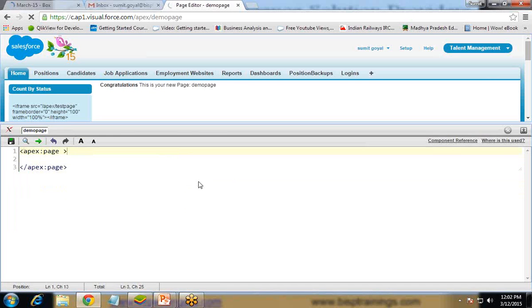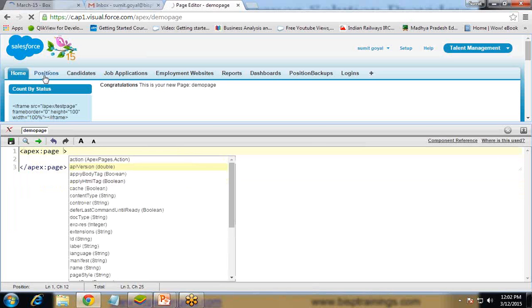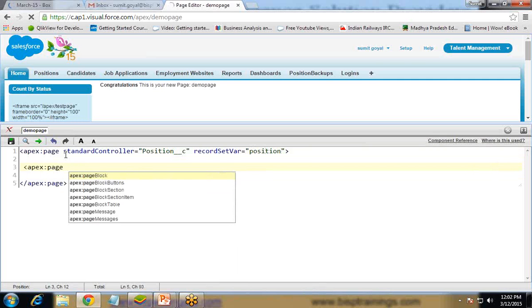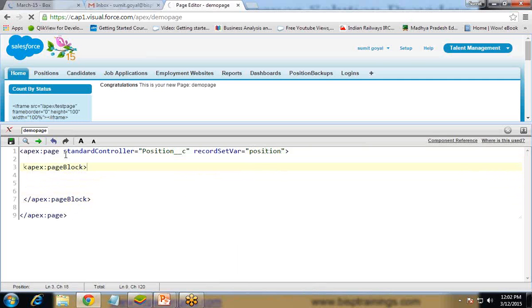So first of all, because I'm going to display the data from this object, which is a custom object, I add a standard controller, and the API name of that object will be Position__c. And as you know, for reading records from any object, we need to create a record set where. So position, then apex:pageBlock. I give a title to this page block,